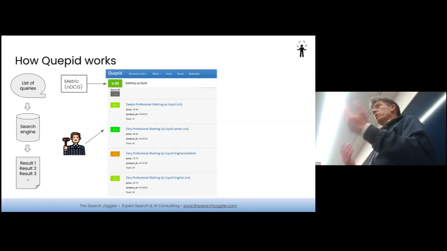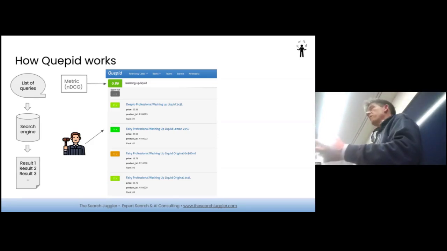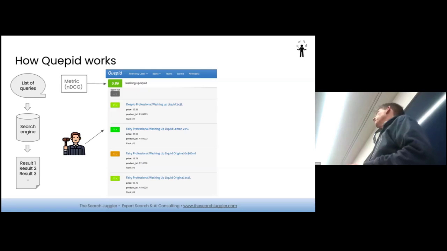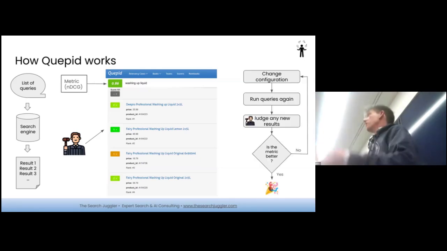And this gives you a way of saying, right, we can now measure search. We've got a way of saying, for these queries, this is the sort of quality we're getting back. Now, say I wanted to make that number better, I then go and fiddle with my search configuration or fiddle with my data or whatever I'm going to do. And then I can run it again. And I can run exactly the same set of queries again.